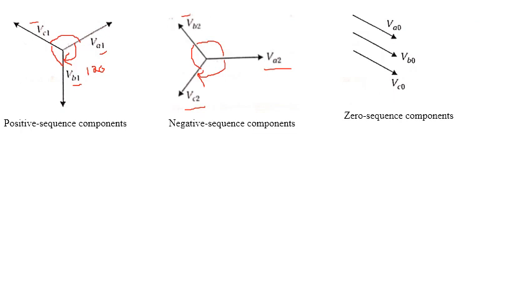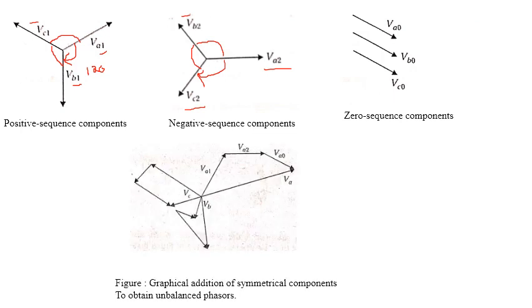Then how do we graphically add up all those things? We understood that. If I am considering this as VA1, VA1 is the positive sequence component. What is the angle of VA1? This is the angle made at this point, it is VA1. Then VA2, this is parallel. After that, VA1 adds up with VA2, and this is the angle made by VA0. By adding up all those things, what I will get is VA.